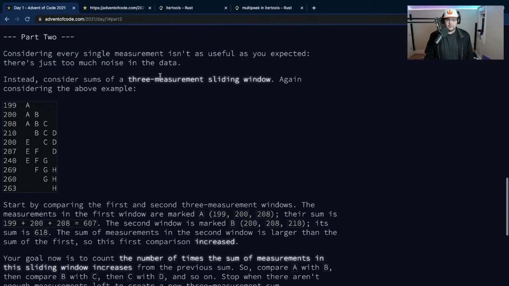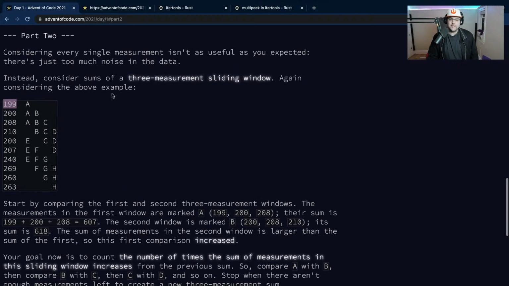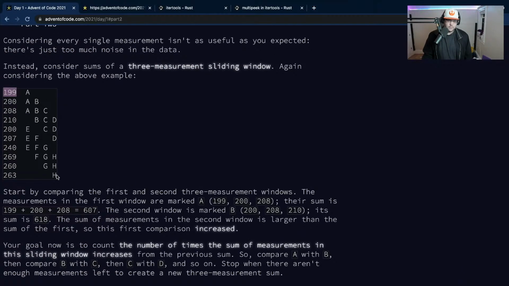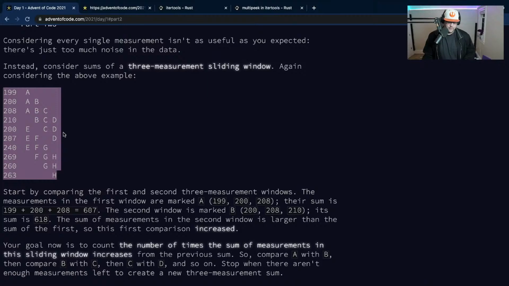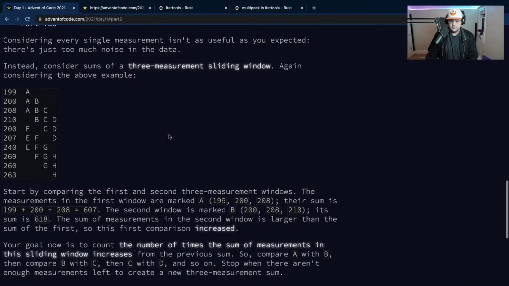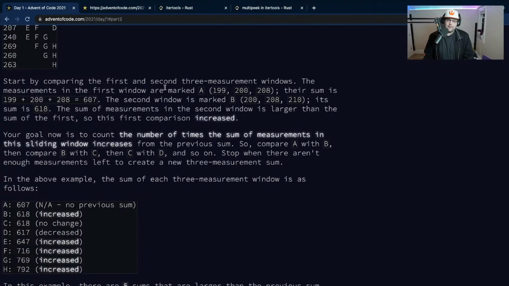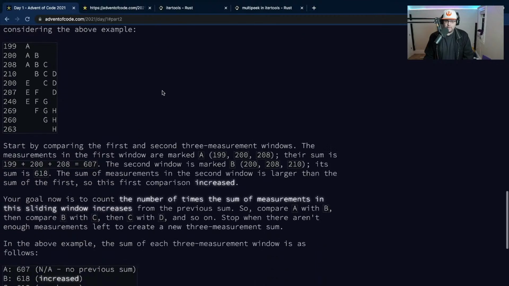Okay, so consider every single measurement isn't as useful as you expected. There's just too much noise in the data. Consider sums of a 3-measurement sliding window. Again, considering the above example. Okay, so we have this new input. Start by comparing the first and second 3-measurement windows.